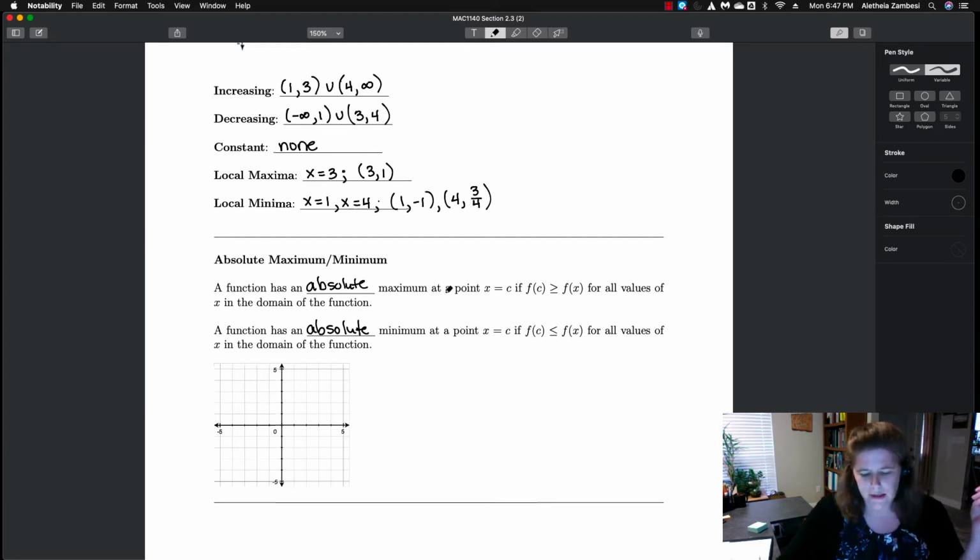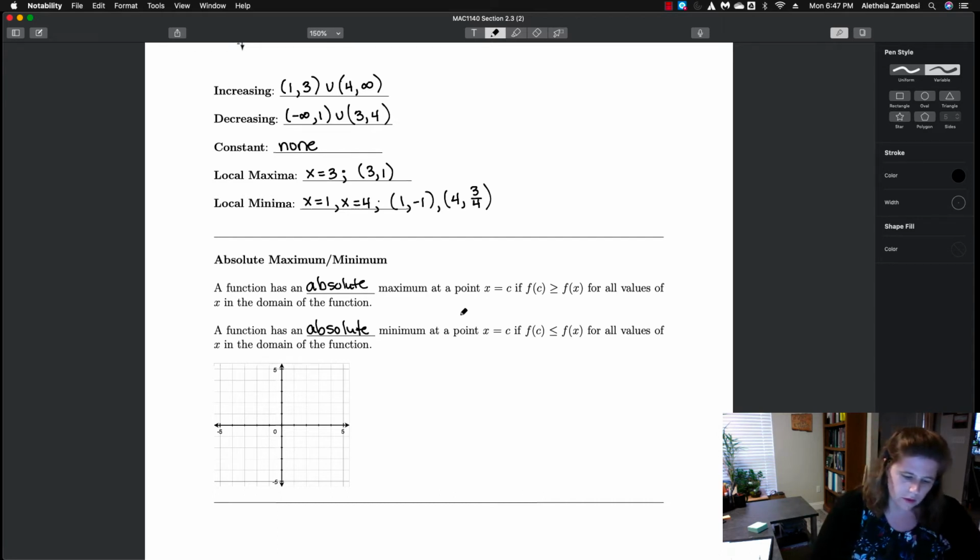At a point x is equal to c, if that value is higher in the maximum case than all other values, or lower in the case of the minimum than all other values in a specified area. So if I were to look at, say, a function